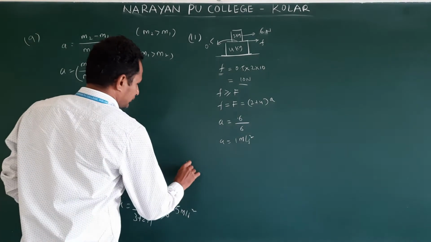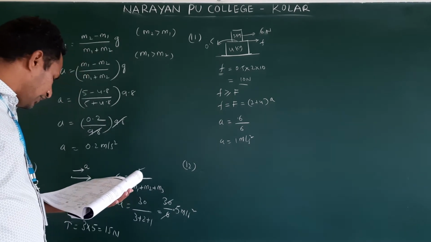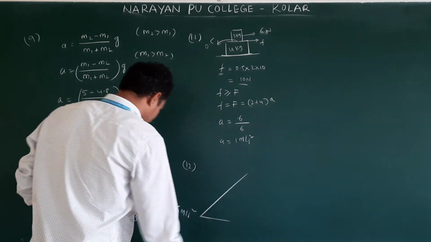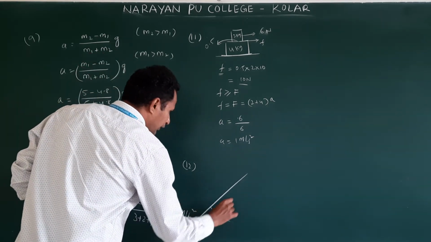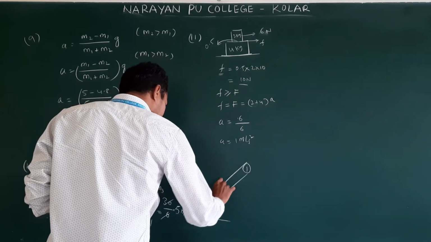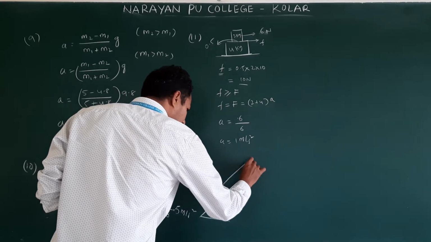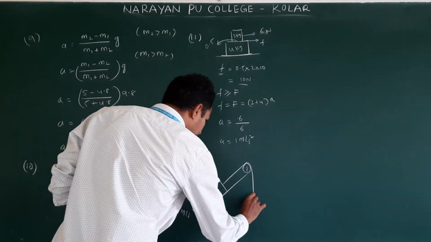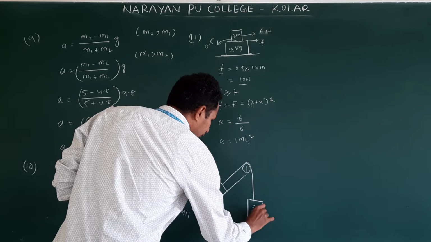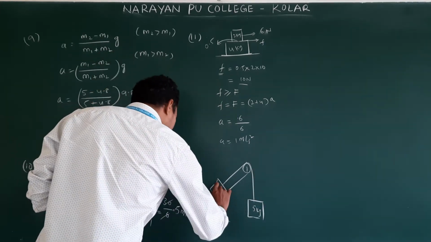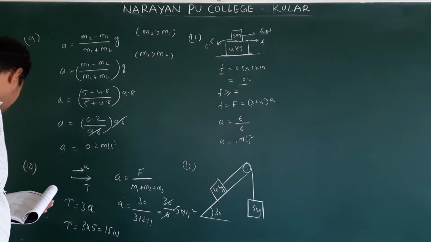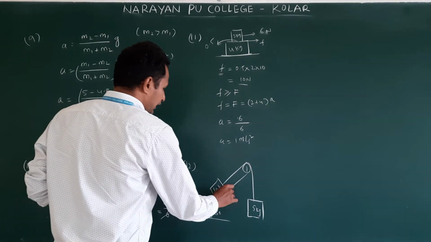Next, 12th one. They give an inclined plane, they are asking the tension in the string. They given like this. Angle is 30 degree. Here they placed a pulley and one object is like this, another one hanging like this, right? Here, 5 kg. This is 10 kg. Consider the situation as shown in the diagram. It's a smooth surface, no friction is acting.